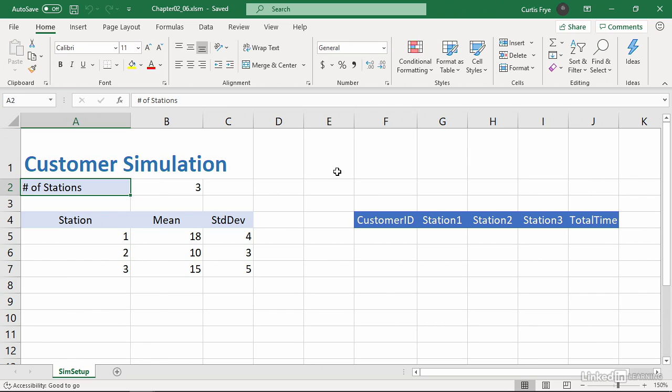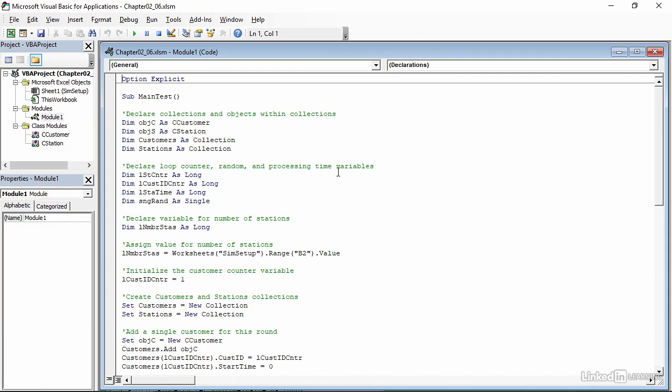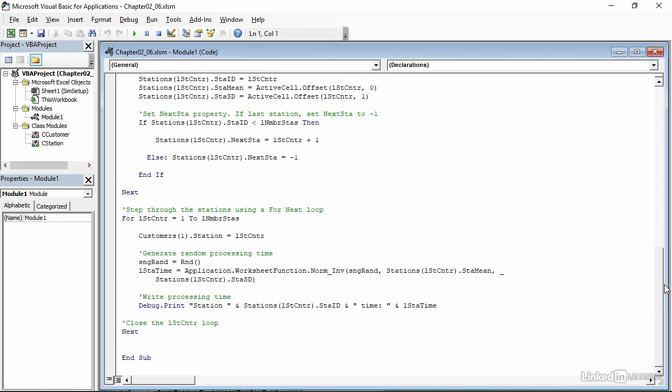My sample file is chapter 0206, and you can find it in the chapter 2 folder of your exercise files collection. I won't be doing any work with the sim setup worksheet, so I'll press Alt F11 to move directly over to the Visual Basic Editor. You delete your objects from memory when you're done with them, and in this case that will happen at the very end of the subroutine. So I will scroll all the way down to the bottom,